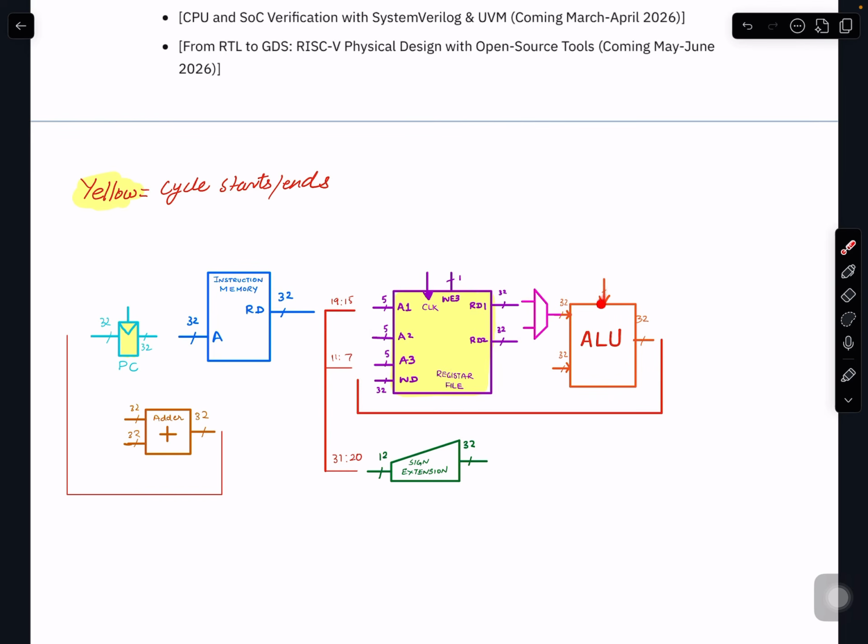Also through the control you decide within the ALU whether you want to add these two, subtract these two, compare these two, and so on, whatever you want to do within the arithmetic logic unit. Correct? Similarly, you might want to connect different bits from this instruction side here,